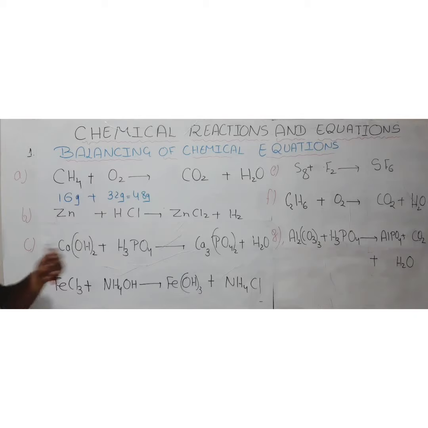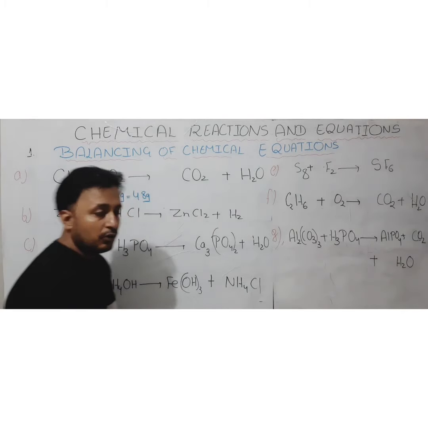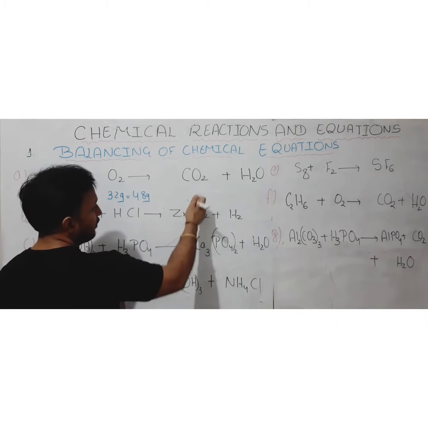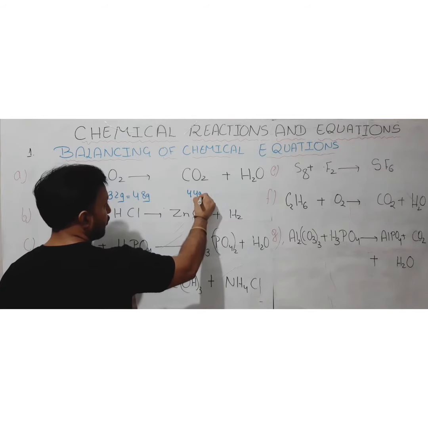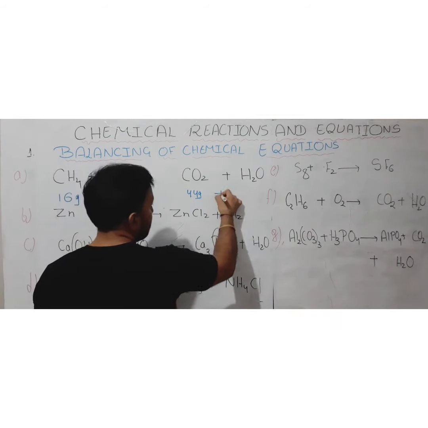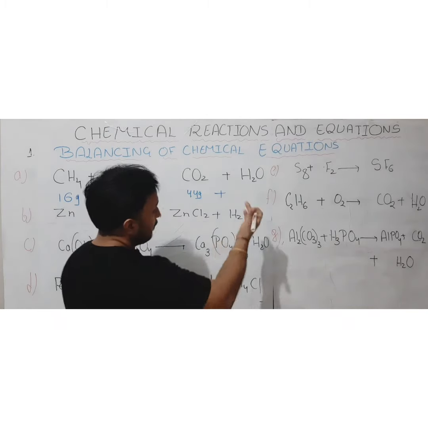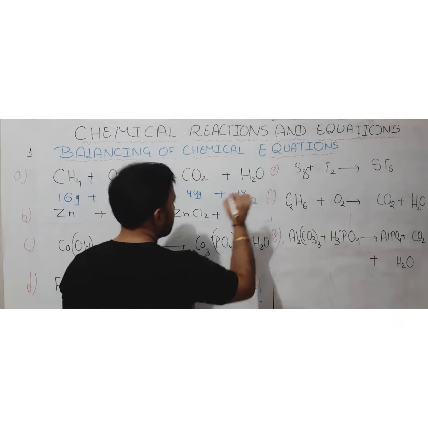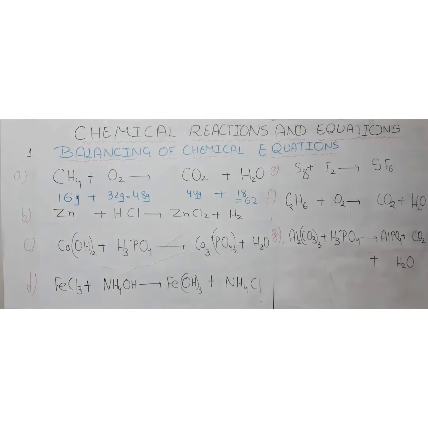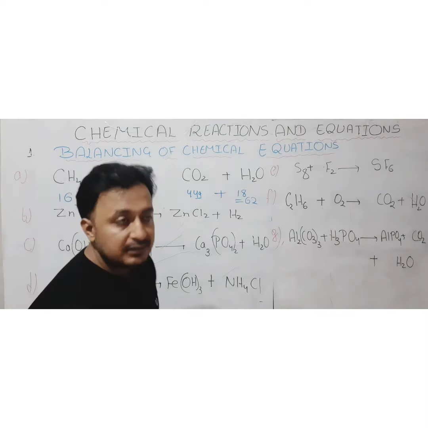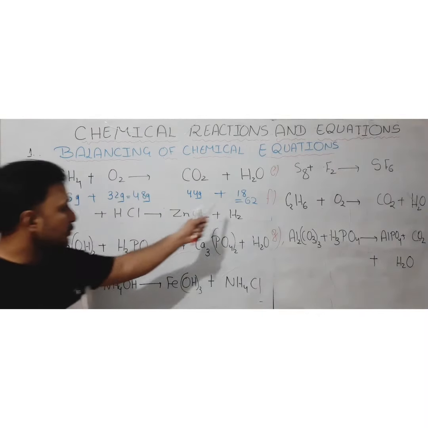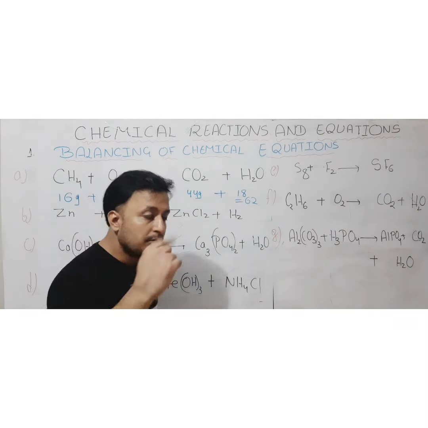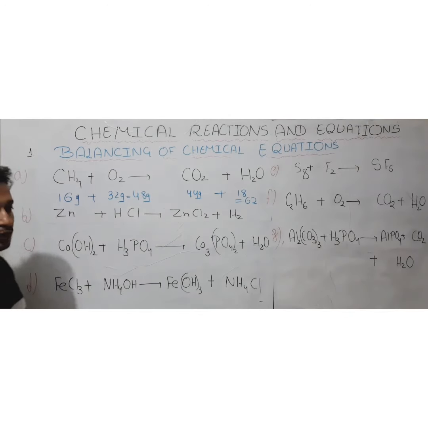Now let's see whether the product mass is the same or not. For the products, we have carbon dioxide. When we take the molecular mass of carbon dioxide, that is 12 plus 32, it comes to 44 grams. Then we take the mass of the water molecule also, that is 2 plus 16, which comes to 18. So when we add the masses here, it comes to 62. This shows that the equation is not balanced. That is, the total mass of the reactants is not equal to the total mass of the products, because it should follow the law of conservation of mass. So it means the equation is not balanced.